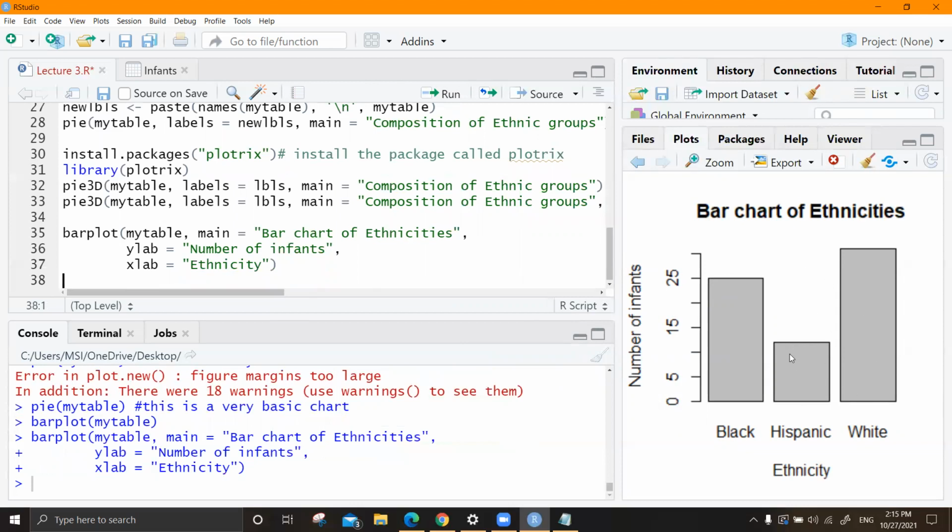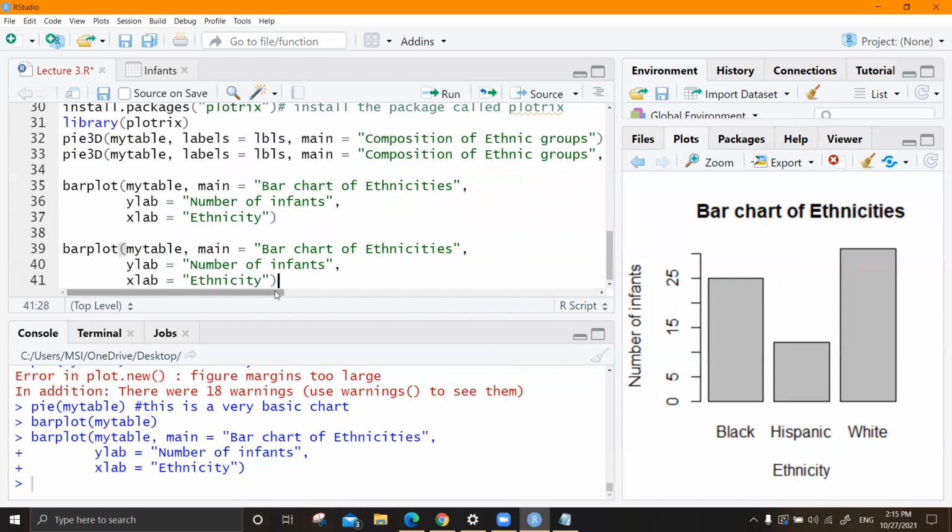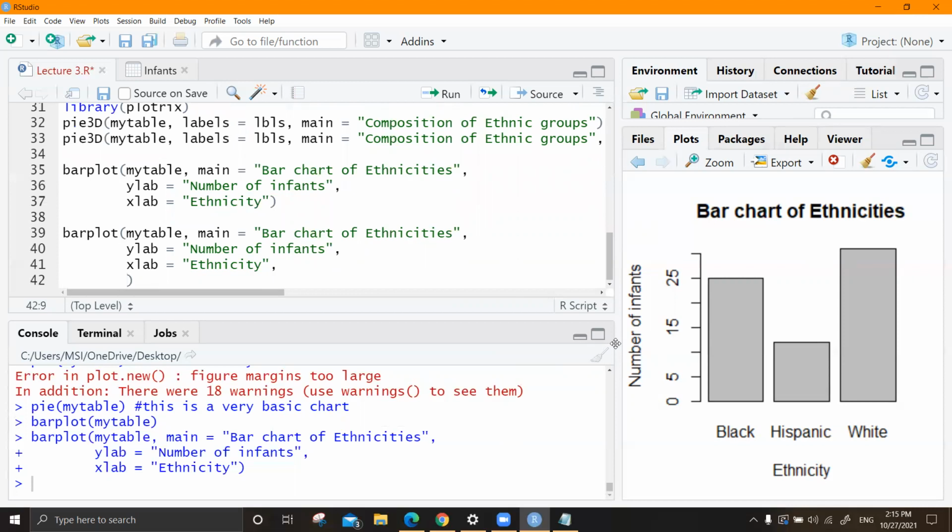So there are another nice options. You can change colors and stuff. If you want to have these bars, so these are vertical bars. If you want it horizontally, there's another argument that you can give. You give the same thing. Okay, there's another small argument that you can give. I'll write it down there just to make it visible. It doesn't have to be line by line all the time.